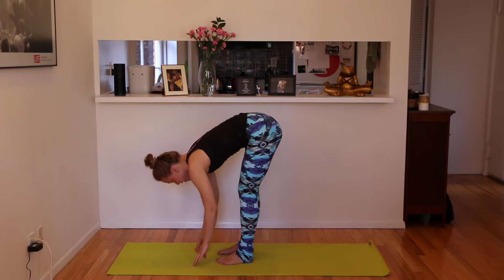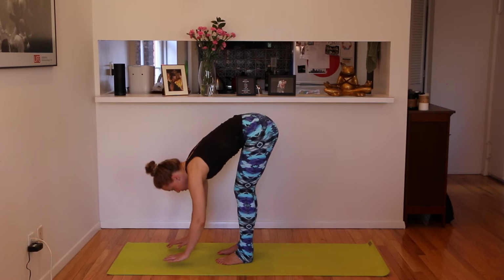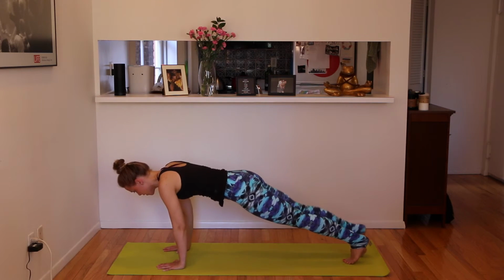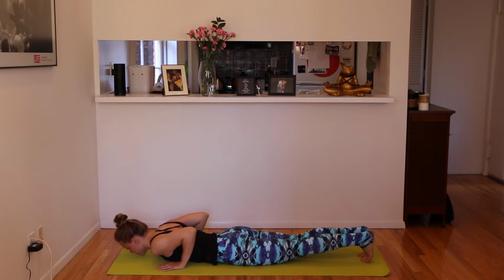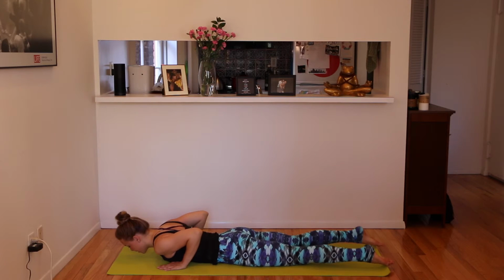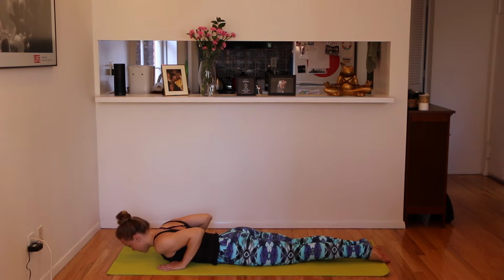On your next inhale, straightening that spine. Exhale, plant your hands, step back into plank, and lowering all the way down to the ground. So planting our hands on the ground underneath our shoulders, zipping our legs up together so they're like one flipper, for lack of a better word. And we'll take a deep inhale,